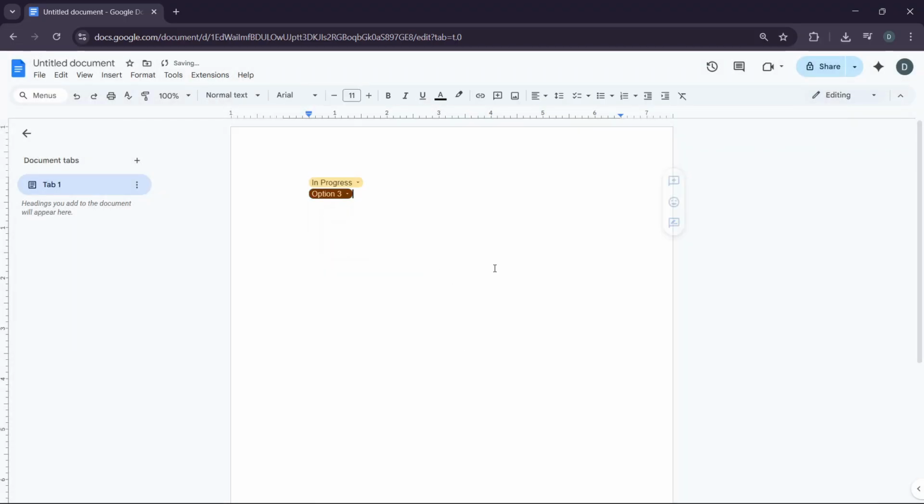To make the process smoother, here are a few quick tips. Decide beforehand what options you want to include, keep names short for a cleaner look, and use different colors for better clarity. Doing this beforehand can save you time and help prevent confusion when multiple people are editing the same